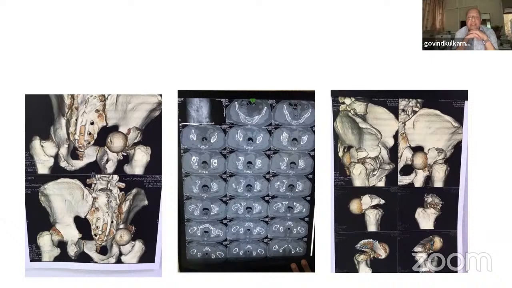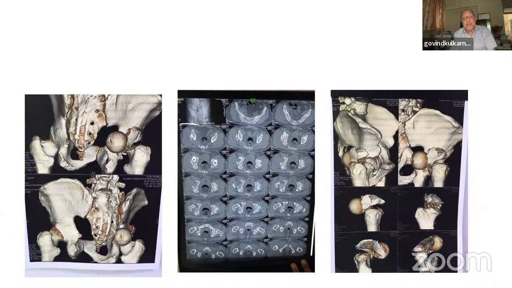Can I answer this question? Yes, sir. See, we had two cases like this, and we reduced the fracture, the posterior wall was reconstructed, the pelvis was reconstructed, and we did a fixation with DHS and cancellous screw and added a valgus position of the head. In one case, we did a valgus position of the head, and in the second case, we did valgus osteotomy. Both united. One of them had AVN after a long time, so he was converted into total